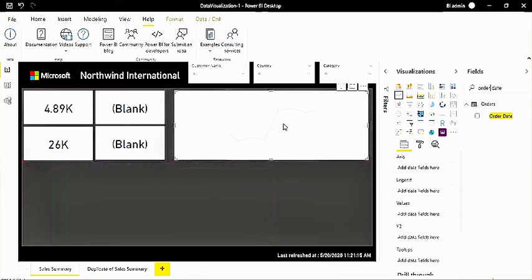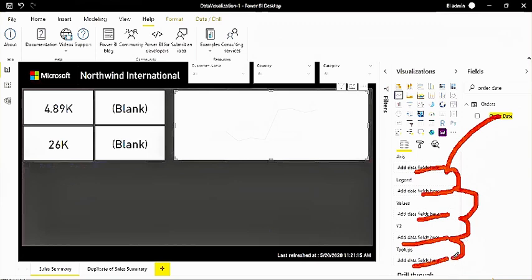When I add any visual, then you see some of the data fields, right? What are the data fields? You see, this is the axis data field. This is the legend data field. This is values. This is the secondary Y-axis field. Okay, this is the tooltips data field, right? So you have to select where you are going to drag and drop it, here, or here, or here, or here. Okay, so it depends on which value or what the requirement is.